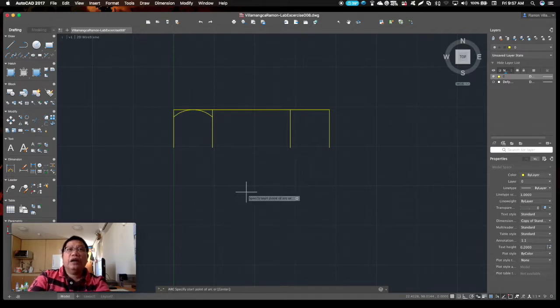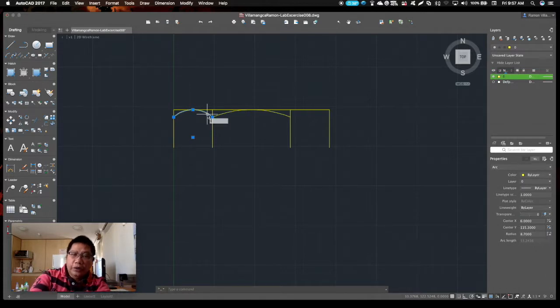Okay, that's arc. 12, 12 to 1.6, then 12, 2.4. Is that 2.4? That's it. And then 12, minus 2.4. Now we want to copy this small arc to the other side, so let's have copy,